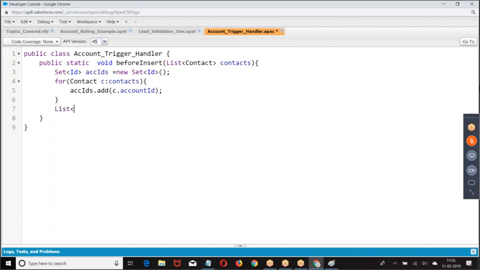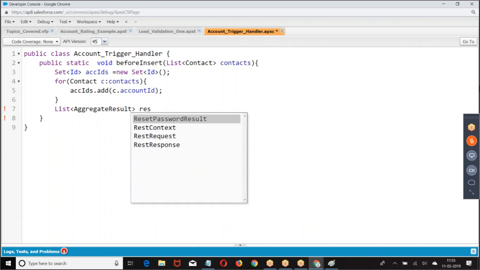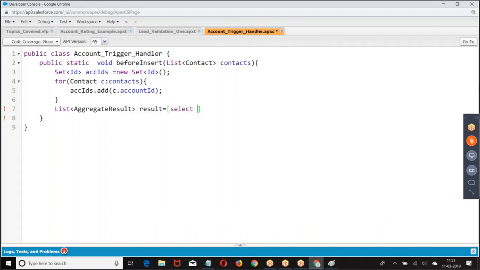Then a list of aggregate result. Select count from account.